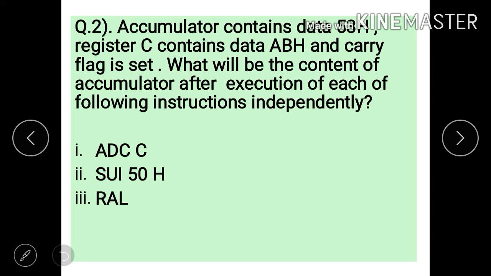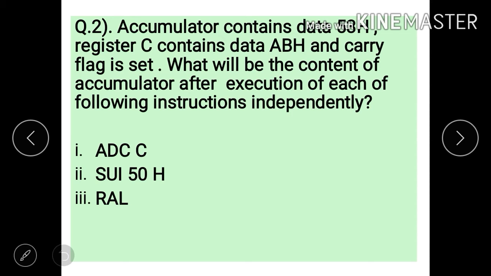The next example is: the accumulator contains data 53H, register C contains data ABH and the carry flag is set. What will be the content of the accumulator after execution of each of the following instructions independently?